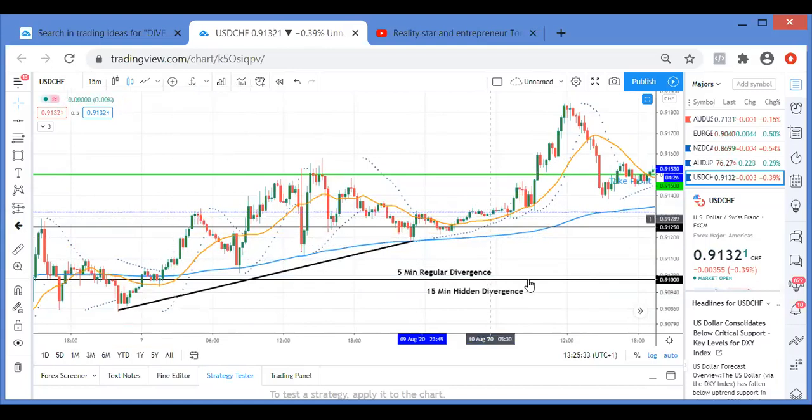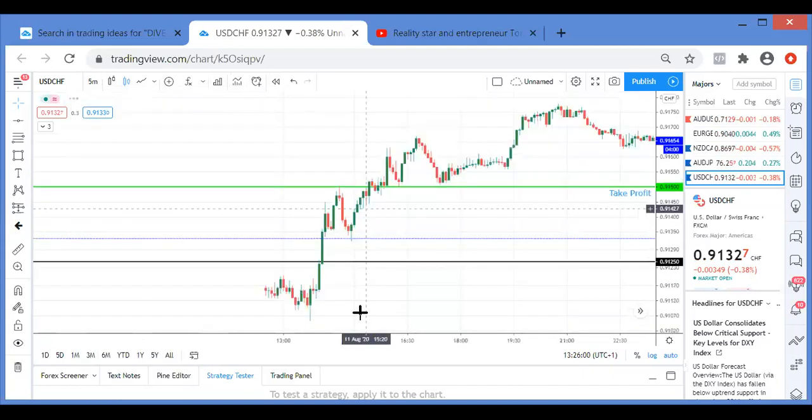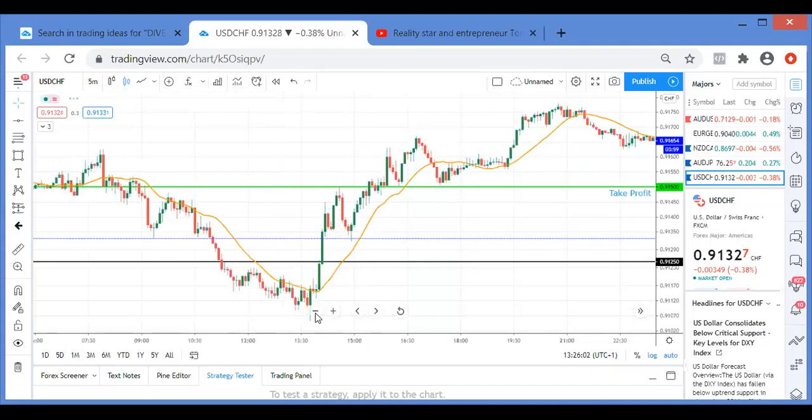So the only price that I would be interested in buying would be this 0.91250. Why? Because it's a quarter point and it's still above the 200 moving average. I don't want this one because that will be below the 200 moving average, which will signify the market going into a sell. So from there, I'll go down to the 5-minute chart. So 5-minute chart here.